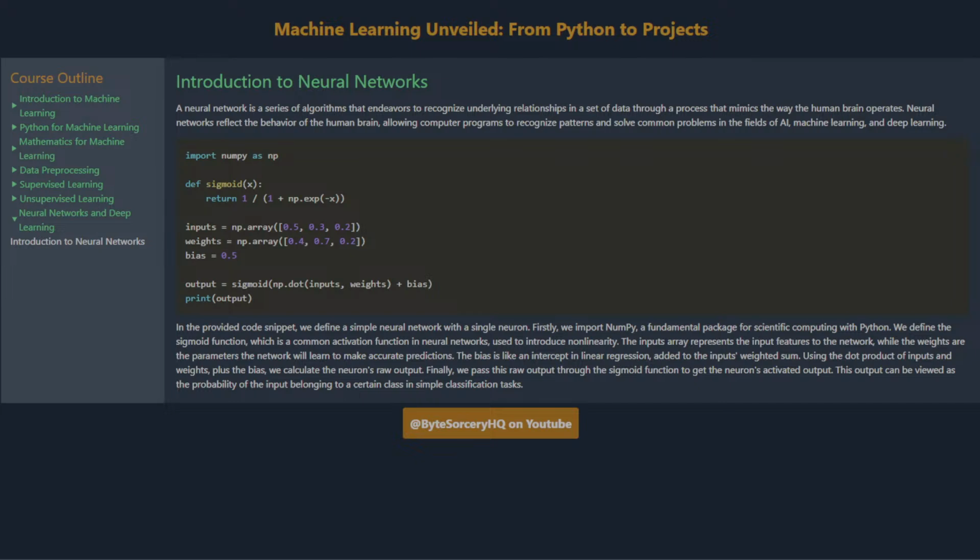In the provided code snippet, we define a simple neural network with a single neuron. Firstly, we import NumPy, a fundamental package for scientific computing with Python. We define the sigmoid function, which is a common activation function in neural networks, used to introduce nonlinearity. The inputs array represents the input features to the network, while the weights are the parameters the network will learn to make accurate predictions.